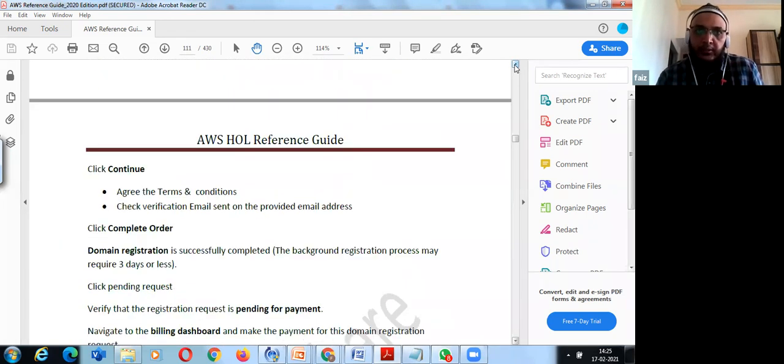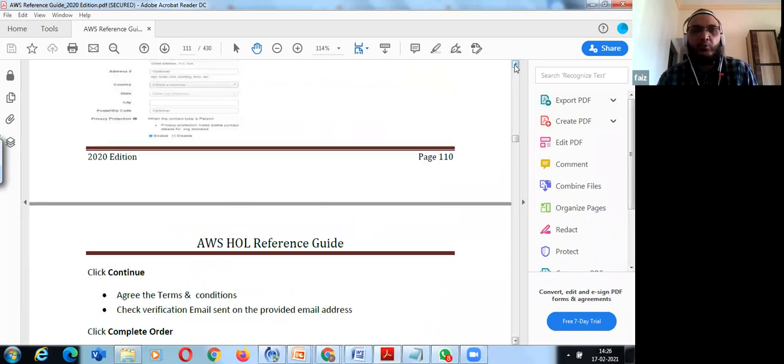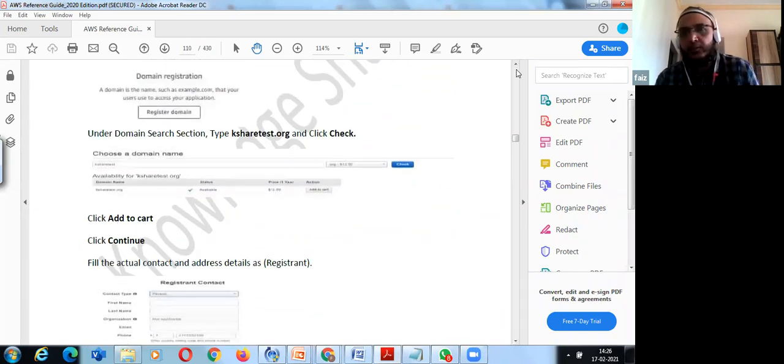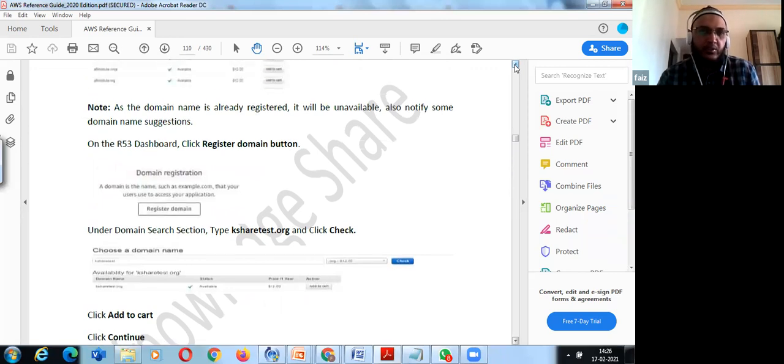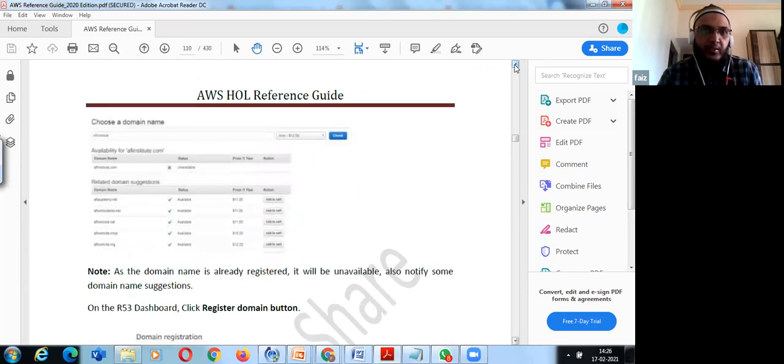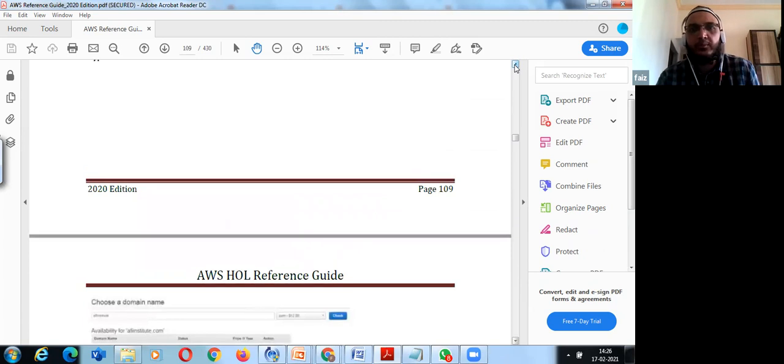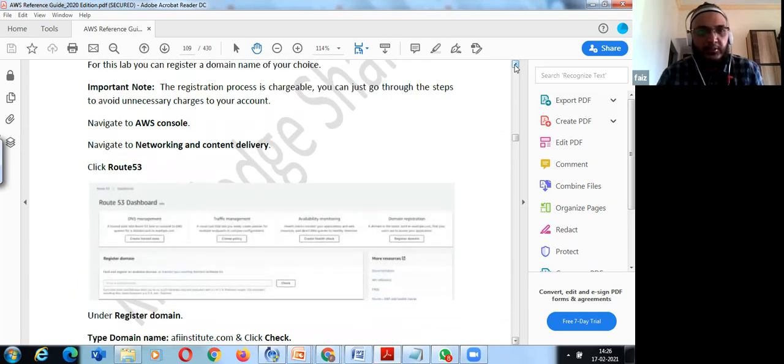It's up to you. If you just have to register one domain name, GoDaddy or whatever, search on the net for anyone providing you one year. If you want to practice this, just check your domain name and then you can practice accordingly.